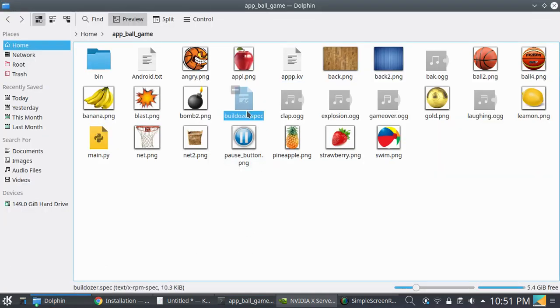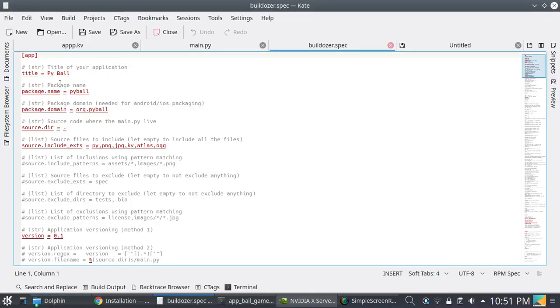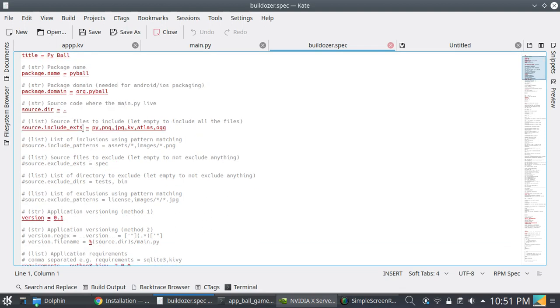So now edit this file. Enter the title of your app, package name, package domain name, source directory, and include all the extensions you are using in your Kivy project.